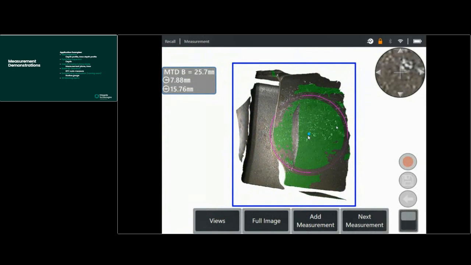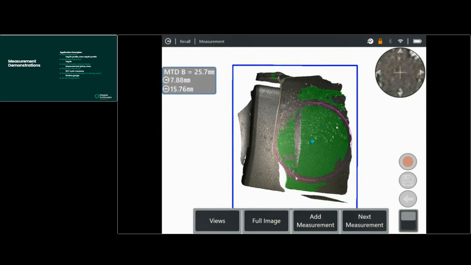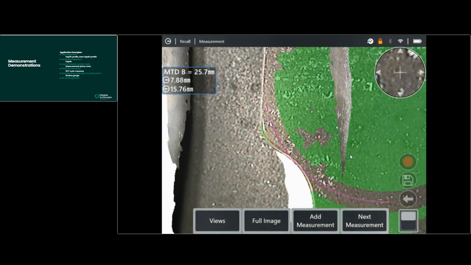What you see on screen is a circle of that given diameter. On the top left-hand side, it says 7.88 millimeters. Now I'm presented with a 3D point cloud view. I'm adjusting the center of this circle such that, if I zoom in, the edge of my circle is placed on the lead out, as I would describe it, of this blend. And you can see here, although it's a nicely shaped blend lead out,